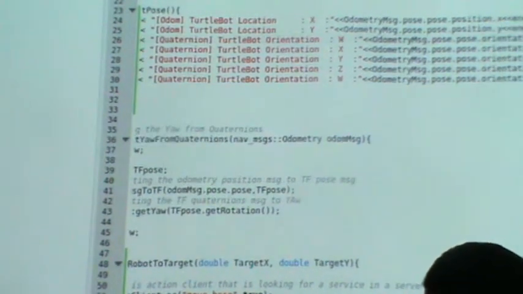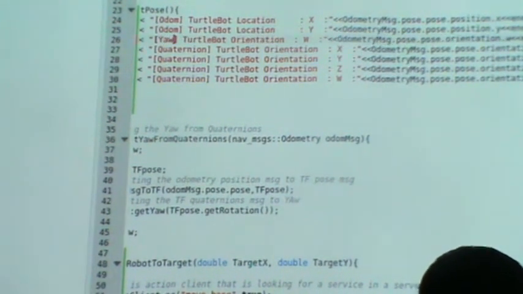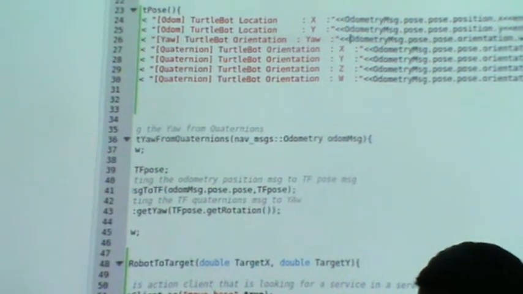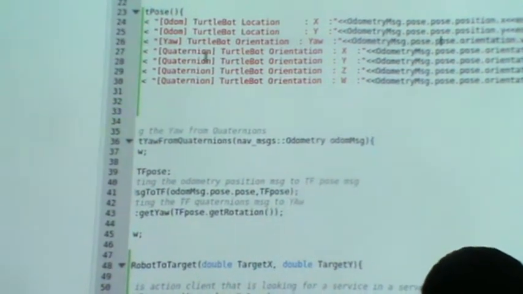For me, what is most important is the yaw here. I put it here, Turtlebot. This is the yaw. Okay, and just call the function. Orientation, yaw. And then I call the function here.